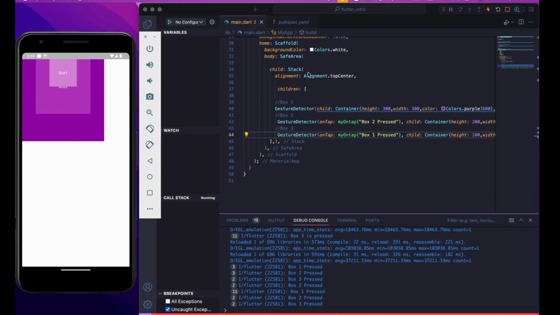This is a very important widget. Both are very important and very useful widgets. So just remember it,